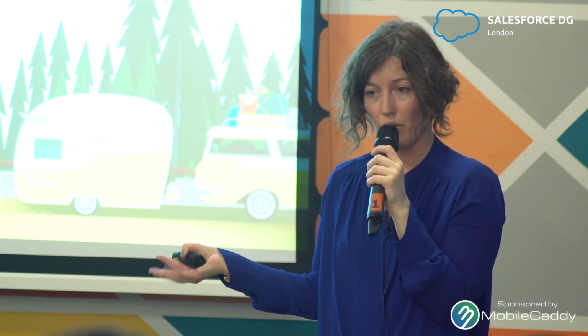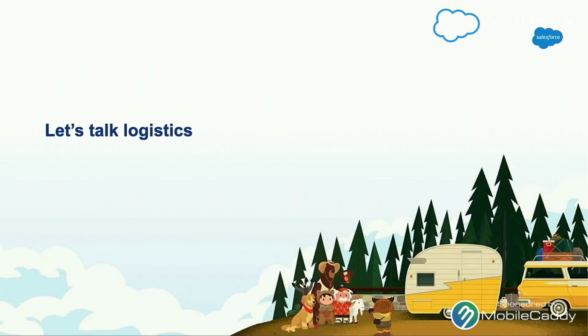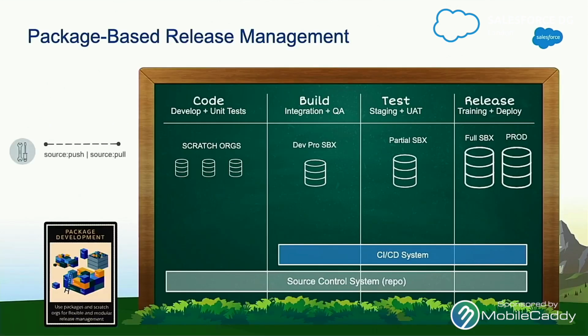So now some stuff about logistics. In theory, you have a packaging strategy. You've worked out how you're going to begin to debut this thing in source control. And then what does that mean? So I want to look at release management here, and I'm going to go back on my animation. So this is just a basic